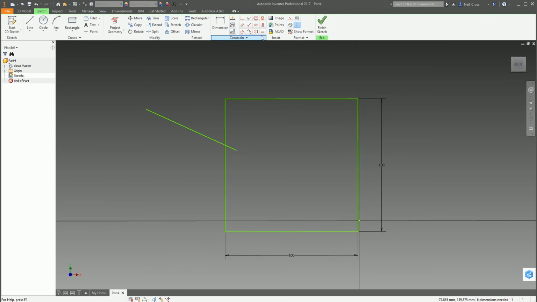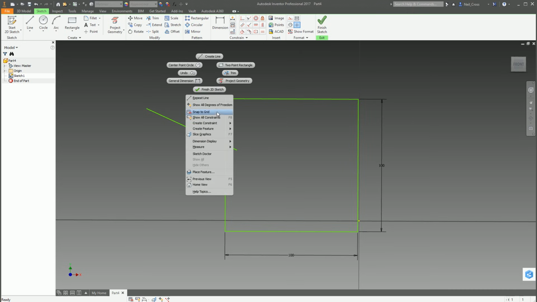Exactly. You're looking at the sketch palette and you're going, I don't know which one the coincident constraint is because they're not labeled. So what I find is, for a newcomer, the best way to interact with constraints from day one, just whilst you're learning, is to right click, go to create a constraint, and then you get them all here, but they're named. So you can get a little word next to all the icons and it'll tell you what they are, as opposed to just having to guess what they are from the top palette.